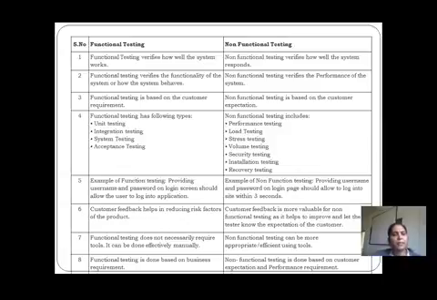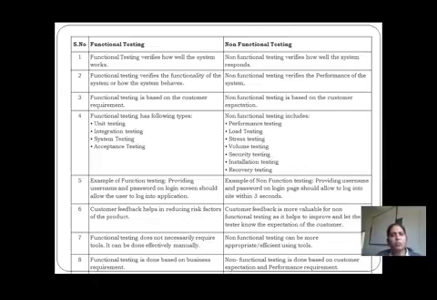Now what is the second difference? Functional testing verifies the functionality of the system and how the system behaves. Functionality means the functionalities and features based on the customer's requirement. So how the system is behaving, whether it is behaving as per the requirement specification or opposite to that requirement specification, we need to test it. Why? Because we have developed an application, and that application should perform as per the requirement, and requirements are collected from the customer. That is what we consider with functional testing.